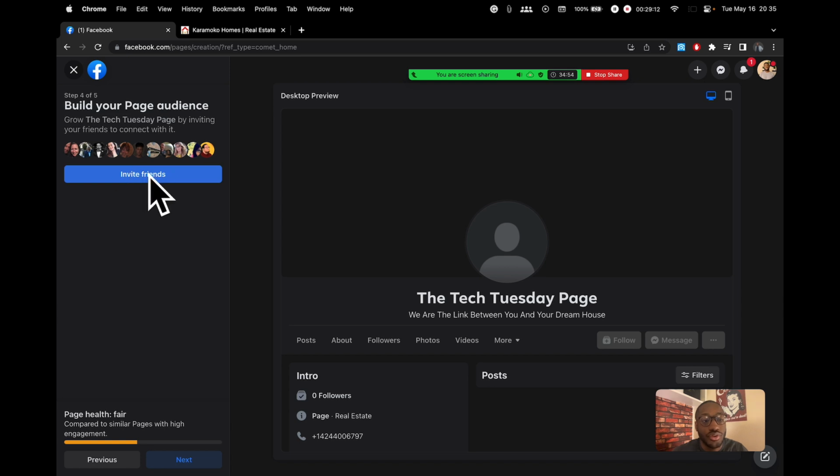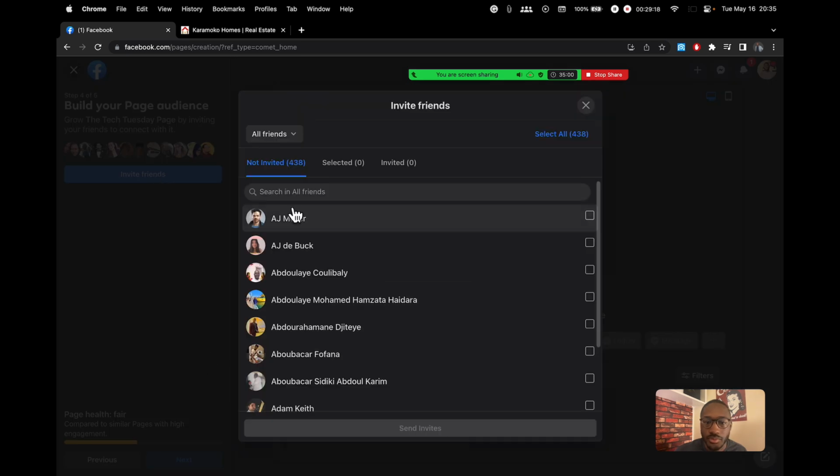Okay, invite all of your friends. When you click on this button here, it's going to open up a, let me actually do it. It's not going to send anything right away. So you can select all of your friends that you want to invite. I encourage you guys to select all, unless there's some people you really don't want to know that you're an agent. So you can uncheck certain people from here and then send some invitations, and they'll get a message asking them to follow your business page. By doing that, you already get a few people to subscribe to your business page, and they'll be able to interact with all the posts you make from that point on.